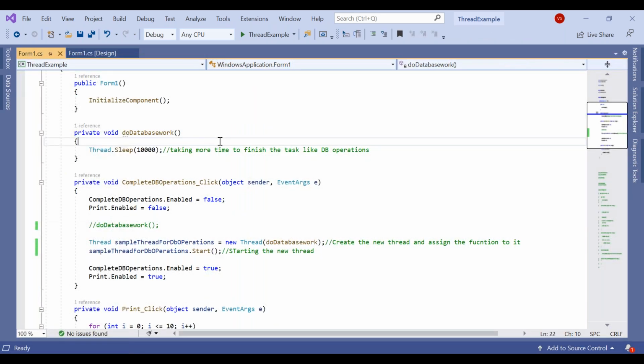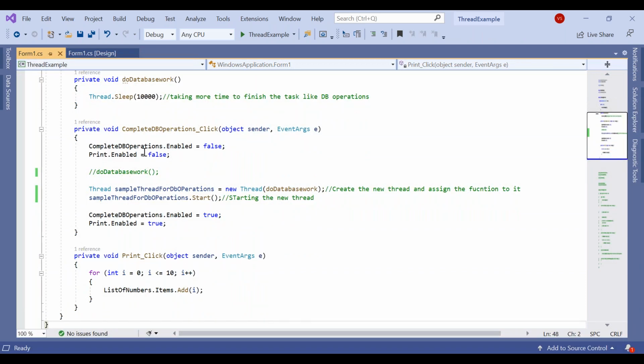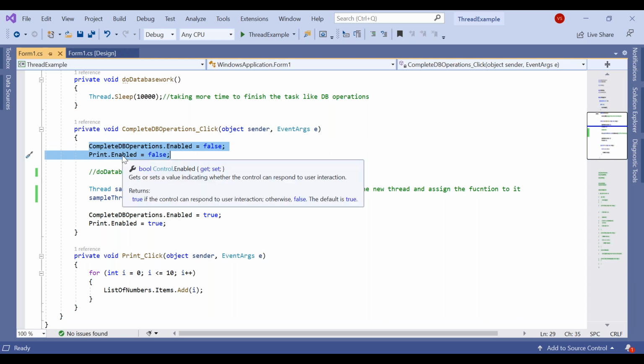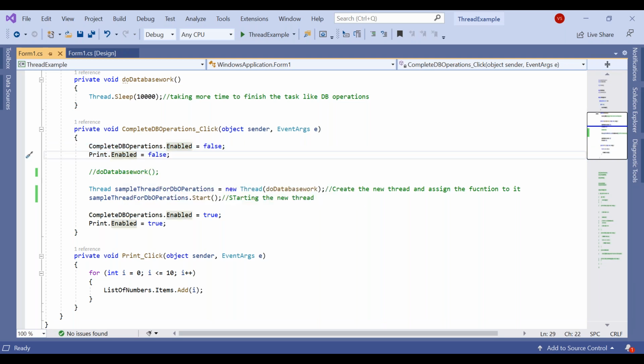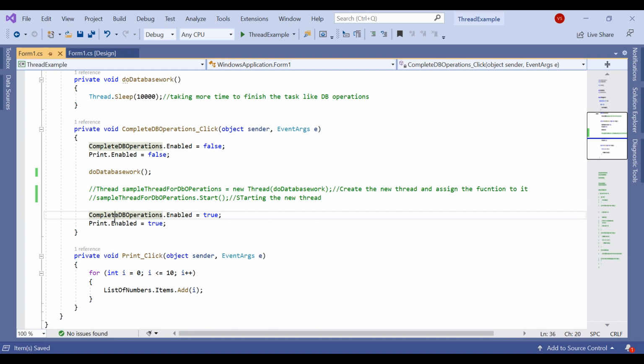So here, on click of the Complete DB Operations button, I set that button and the Print button to disabled, and I do the database operations. Once the database operation is completed, I enable these two buttons.